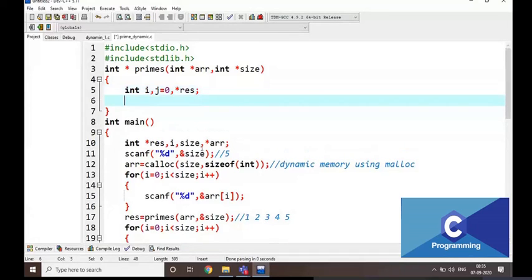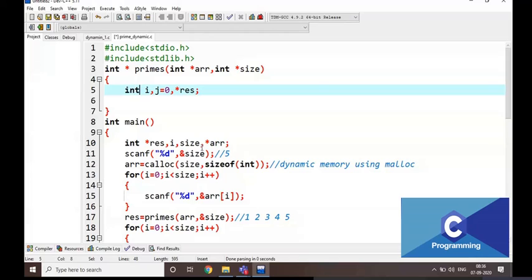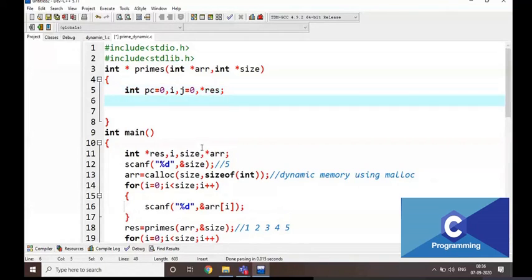The result array is going to be placed in that. And I am going to take one more variable, pc is equal to 0, that means prime count. That is going to be finally size is equal to pc, right?